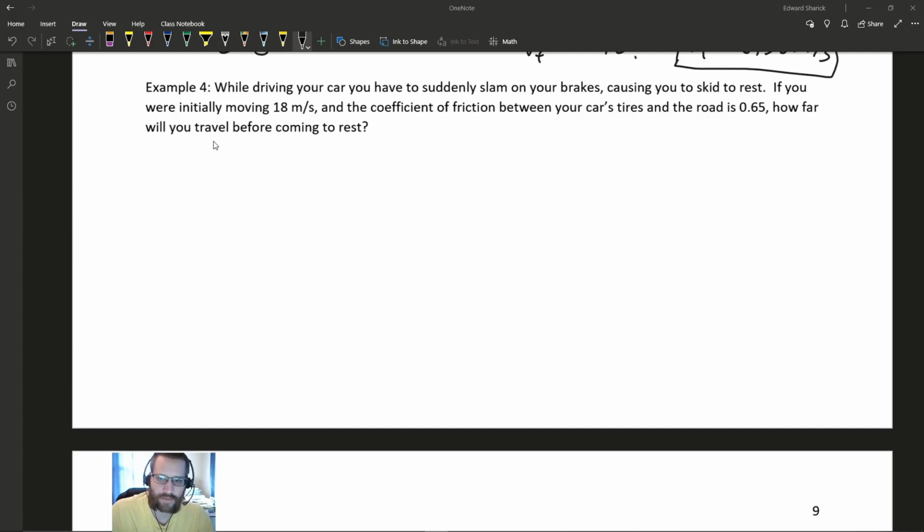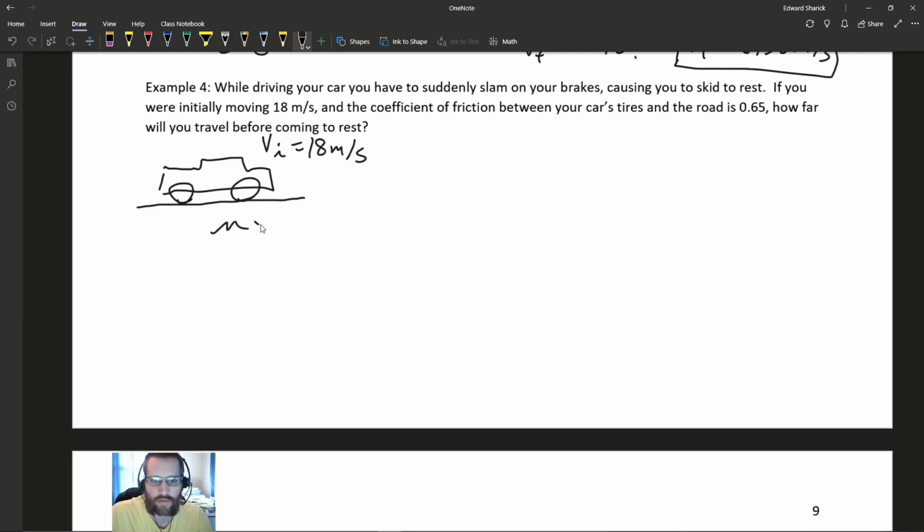Great question. Sometimes this happens. We're in our car here. I love my hat cars. And then suddenly, the person in front of us maybe pulls out, or we are not quite paying as much attention as we need to be, or whatever happens, and we have to slam on our brakes. We have an initial velocity of 18 meters per second, and we know we can get a coefficient of friction of 0.65. What we want to know is how far did we travel during this time before coming to a